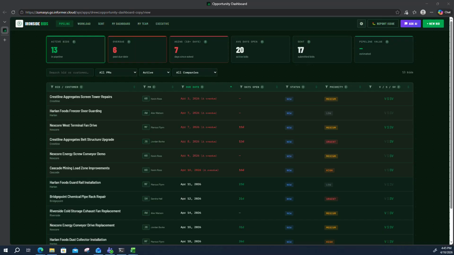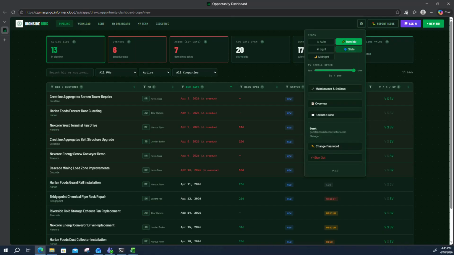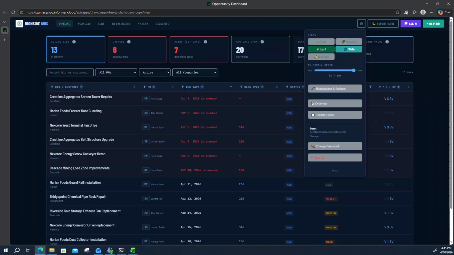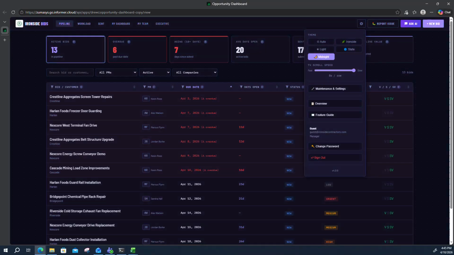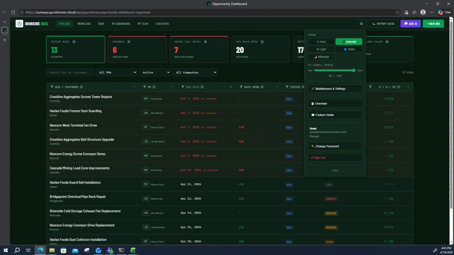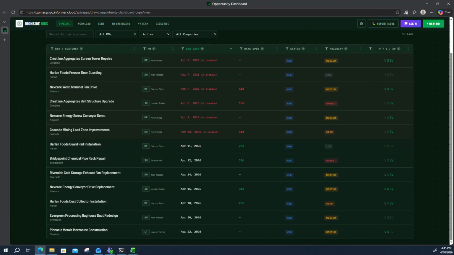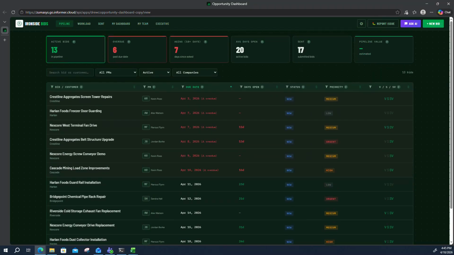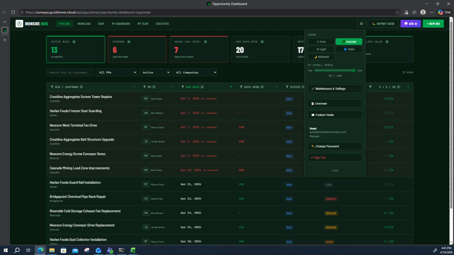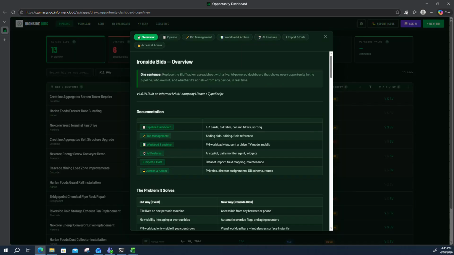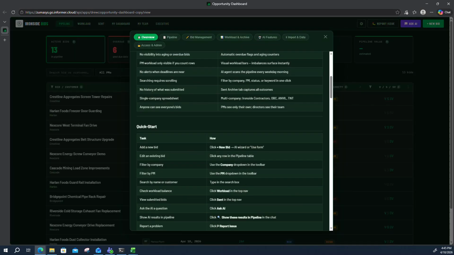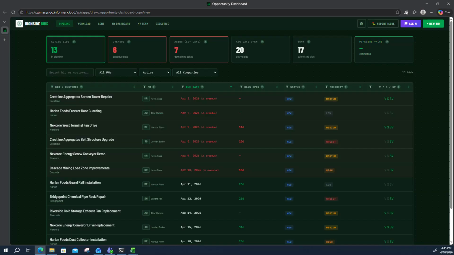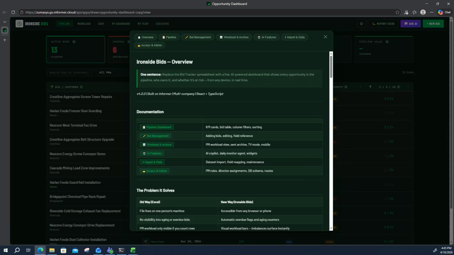We can go ahead and start with the settings tab, and here you have the ability to change the theme of your dashboard. A little TV scroll speed bar, so if you want you can have this scroll automatically and scroll through all your open bids on its own, and then this bar will just control the speed of that scroll. Your maintenance and settings, and then an overview of the application and what it does, and then your feature guide,